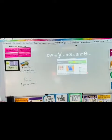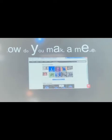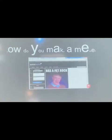It's quickmeme.com, QUICKMEME.com. Once you're on the home page, click on Make a Meme. And here you have the option of taking existing memes, or you can create your own. So just for this example, we're going to take the Bad Luck Brian meme,